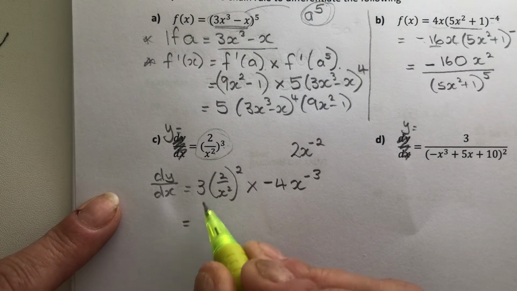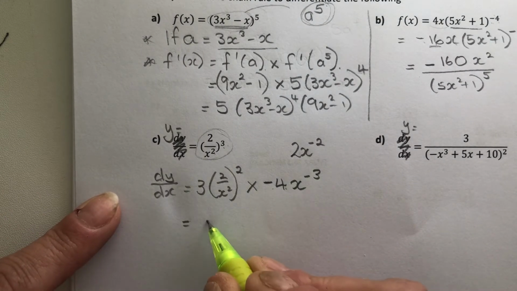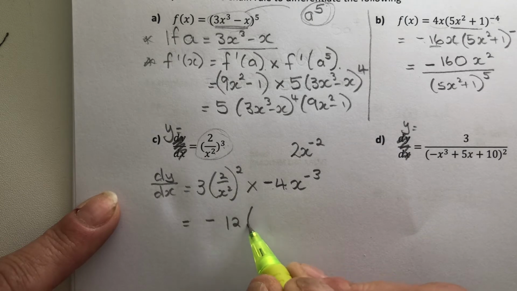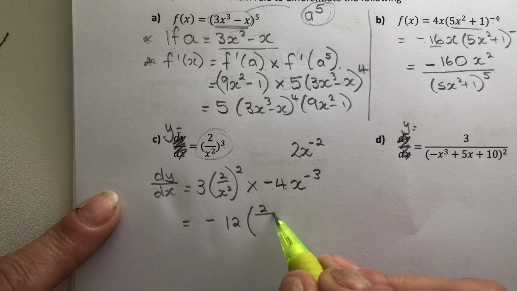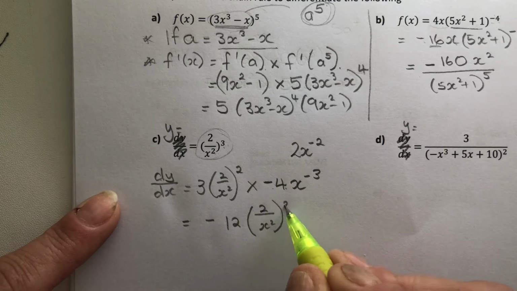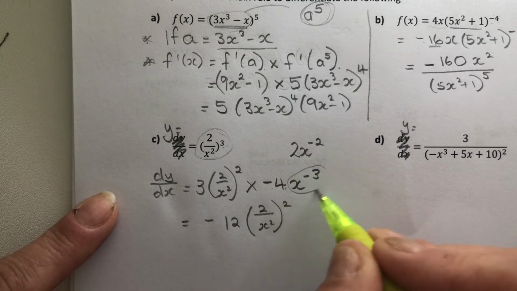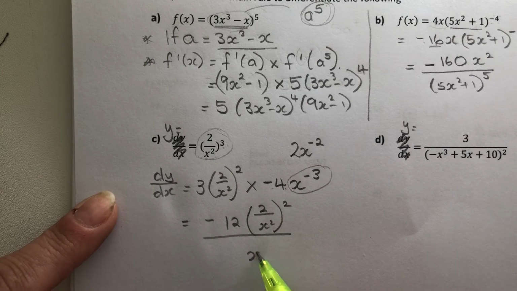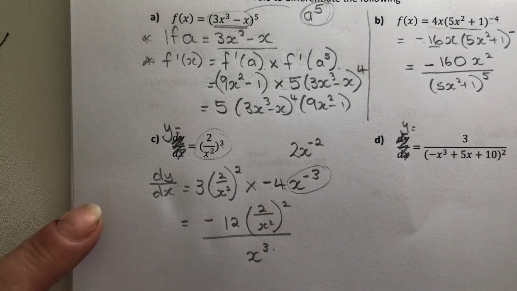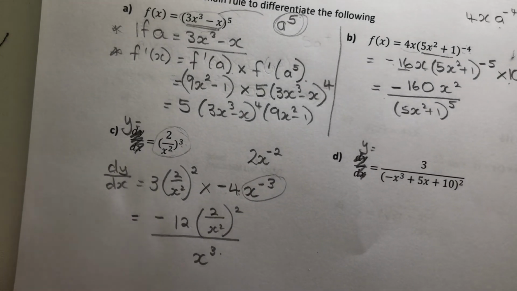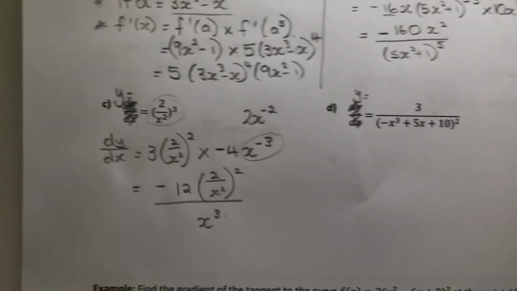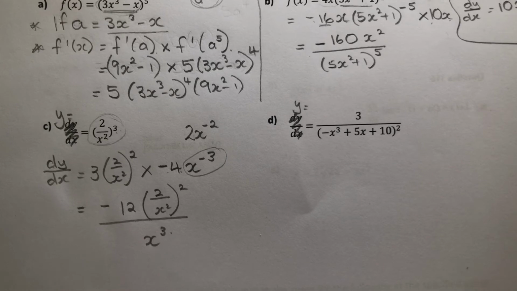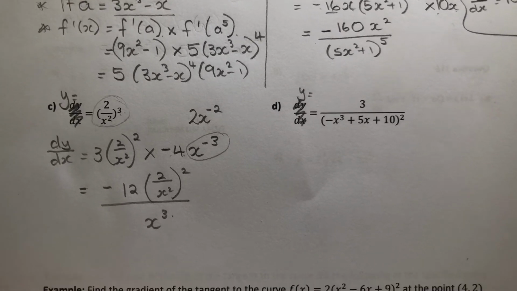Okay, let's see what we've got. 3 times negative 4 is negative 12. This is all positive, so 2 over x squared squared. And we've still got this, which needs to go to the bottom, which is x cubed. Okay, so yeah, it is looking pretty ugly. So if you do some questions and you think it can't be right, please look it up, because you're probably